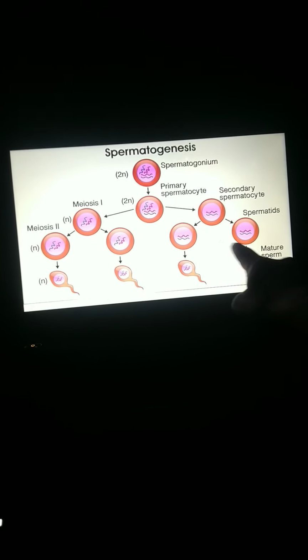The N form is the sperm. Secondary spermatocytes are converted into spermatids in the N form, and then mature sperm. These are mature sperm. The change which transforms spermatids